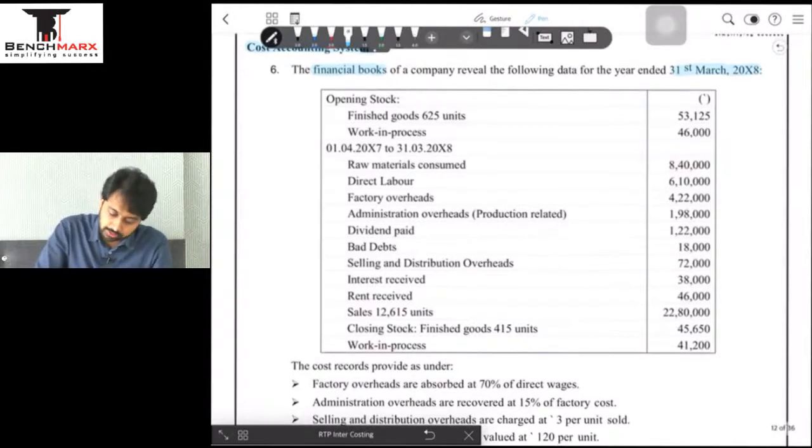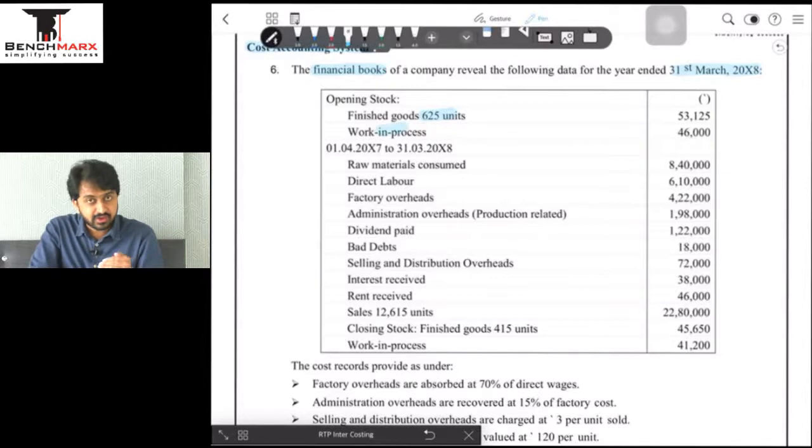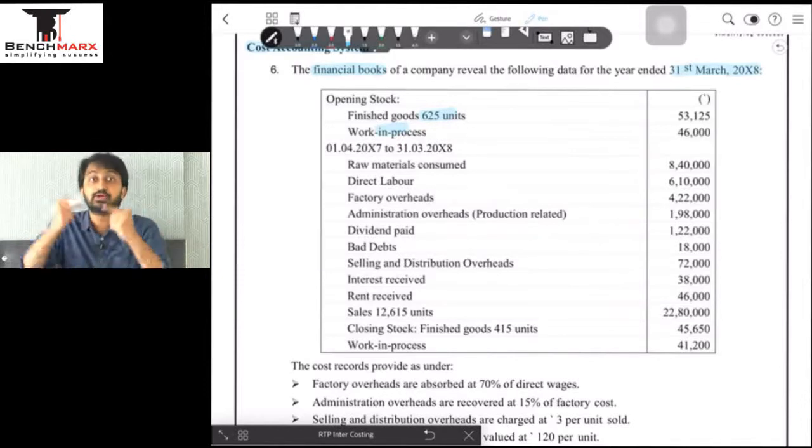Okay, then opening stock, finished goods is 625 and the cost is 53,000. Okay, opening stock of WIP so and so. Then you have raw materials consumed is 8,40,000, direct labor is 6,10,000, factory overheads is 422. Okay, tell me, are these factory overheads actuals or absorbed? It is common sense, this is financial records. In financial records there is no concept of absorption. Absorption is a concept only for costing records, and these obviously mean they are actuals. So I should be given in detail what the absorption method and the rate are, and I will get my absorbed overheads, which will appear in the cost